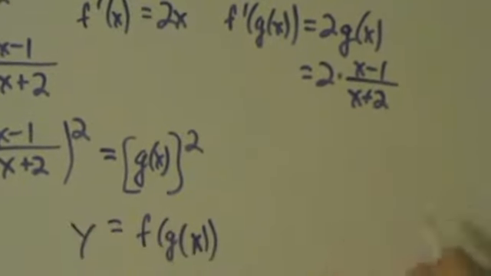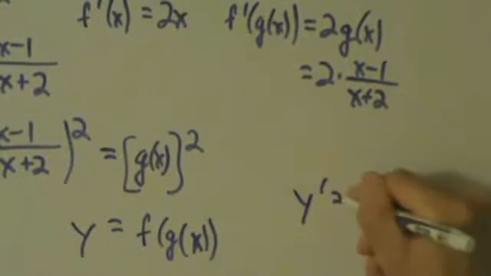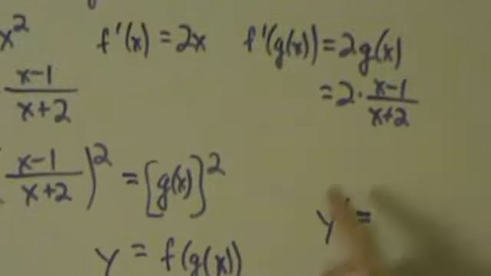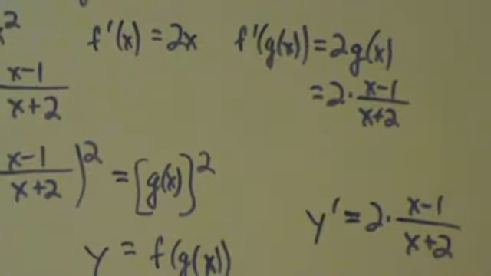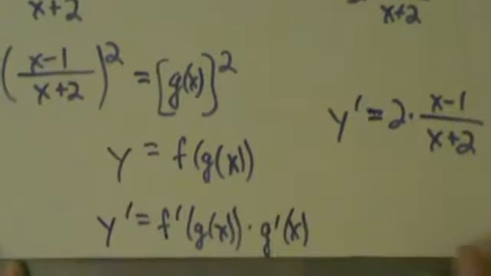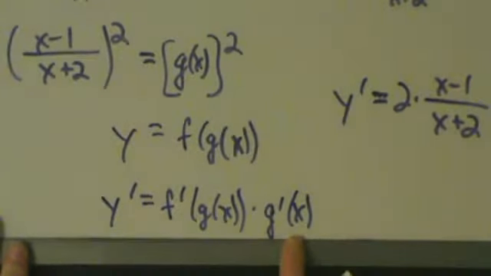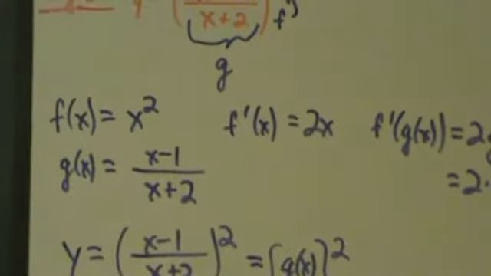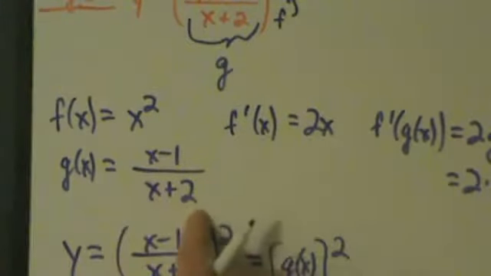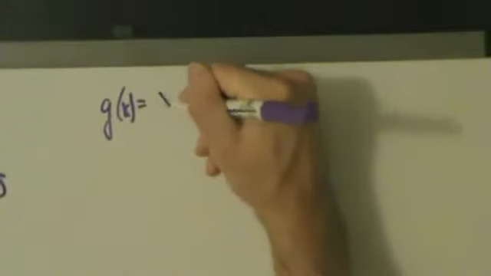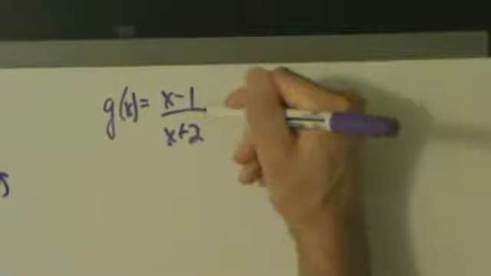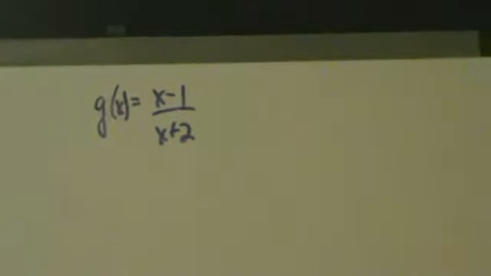So let's go ahead and write that over here. y prime equals f prime of g of x, which we just found is 2 times (x minus 1 over x plus 2). And now we need to multiply by g prime of x. So what's g prime of x? Well, that's going to be a little more complicated because we're going to need the quotient rule, right? g of x is x minus 1 over x plus 2. So let's come up here and find out what g prime of x is. So g of x is x minus 1 over x plus 2. Okay? So then g prime of x